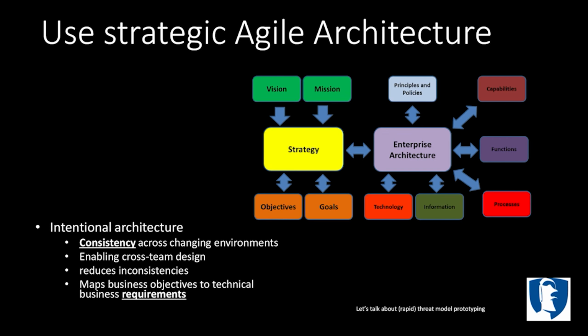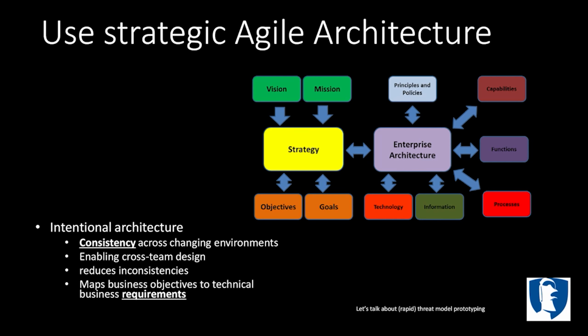Secure agile architecture principles are founded on two major concepts. One concept is the intentional architecture concept. It's what you normally find in your orgs. Those are the guys who sit in the white ivory towers and tell you what to do and what not to do. Basically, it marries up the strategy, which is the business side of things, with the enterprise architecture, which takes care of things such as what are the functions within the teams, what kind of technology we're using, what are the principles that we're following. And they marry up with the business part. What is the vision? What is the mission of the business? Because the problem is usually we'll design a bunch of tech stuff with no idea about the business. The business people will say, we want this, and we'll give them that.